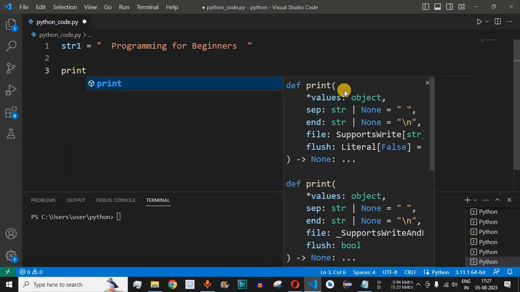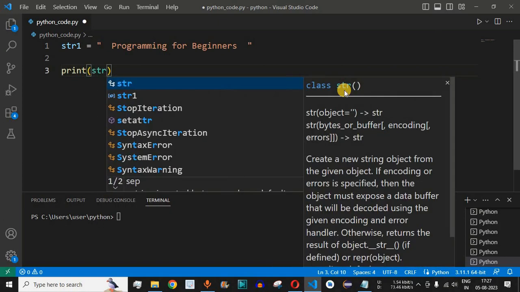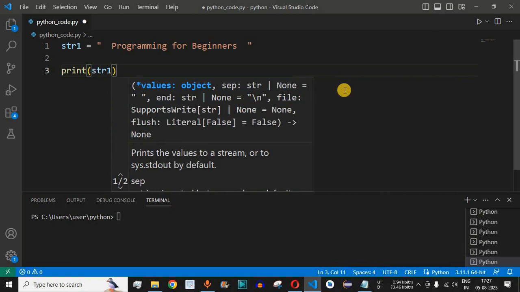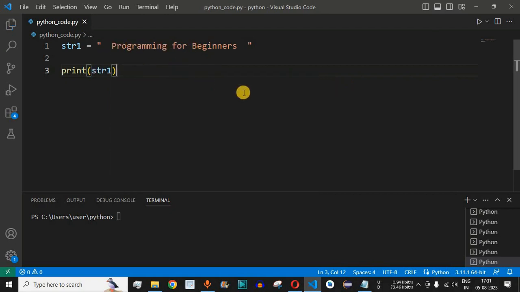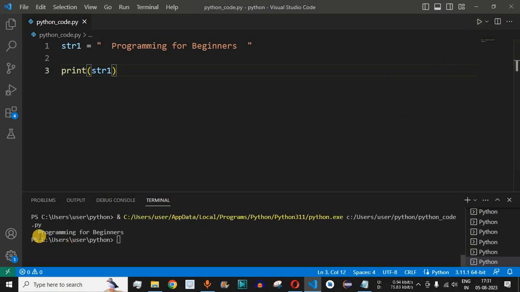Let's say we have this print statement over here, and we use this str1 variable in order to print the value of the string. Let me save this file now and try running this code. As you can see, we have got the leading space characters before the programming for beginners string is printed. We also have the ending space characters as well, which we cannot see because that is the end of the string. What we can do in order to remove these space characters, it can be any number of space characters,